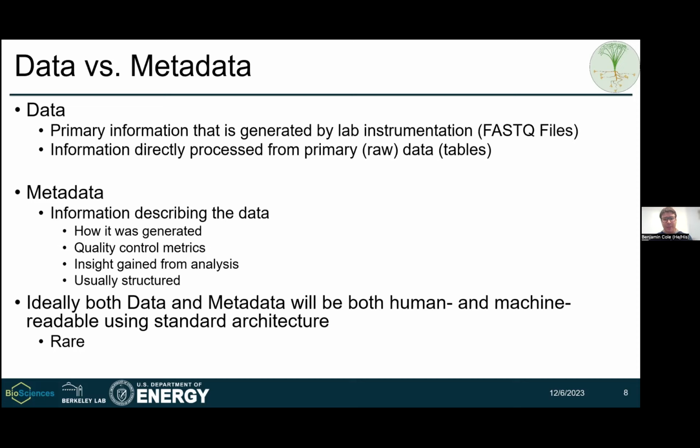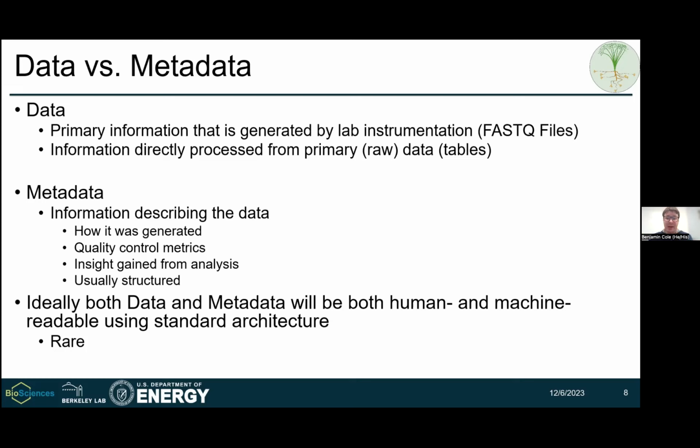I think the recommended sequencing depth for a single-cell RNA-seq provided by 10x Genomics, which is one of the more popular platforms out there, is about 200 million reads per 10,000 cells. So that can be a pretty large file. And also information directly processed from these FASTQ files. And what I mean here is this data matrix of gene by cell, describing the abundance of all of the transcripts in all of the different cells.